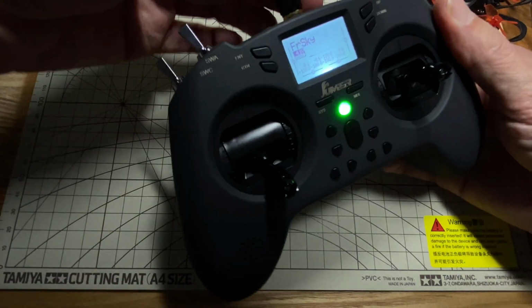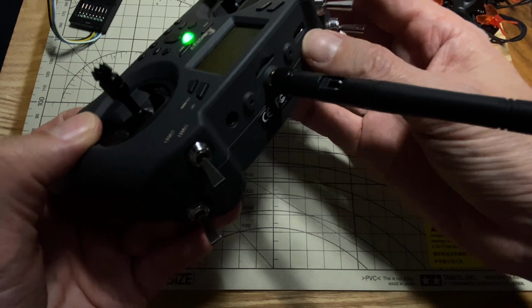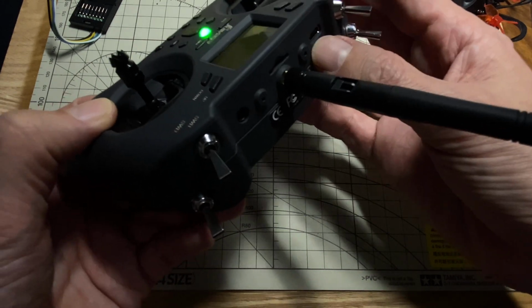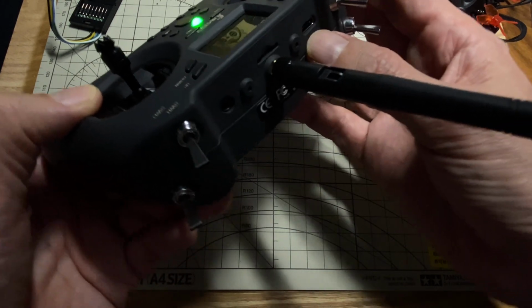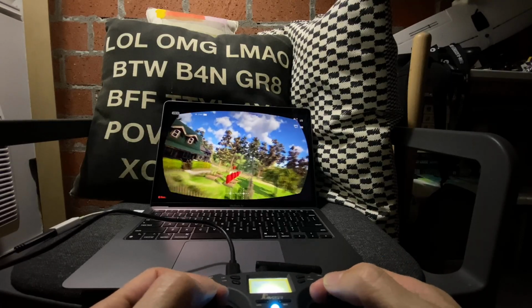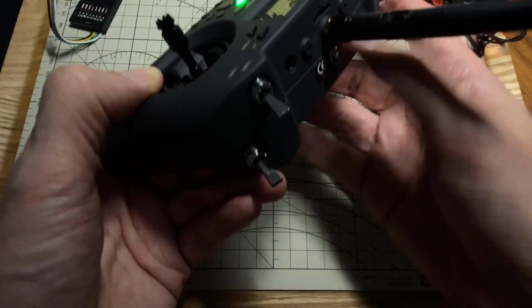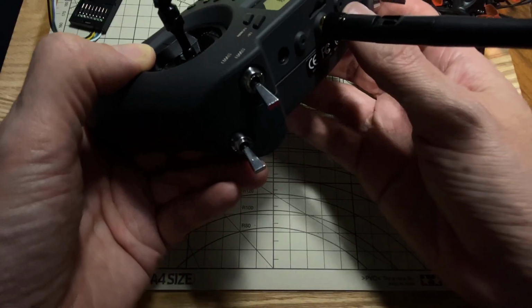And then here up at the top it has a removable antenna, and then there's a USB-C port which you could use for charging, and also you could use that to plug into a computer and run this with a simulator, which I tried, and that works great. I think this is a trainer port there, and these are for, I think, attaching some kind of strange external